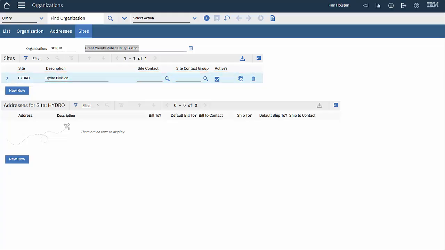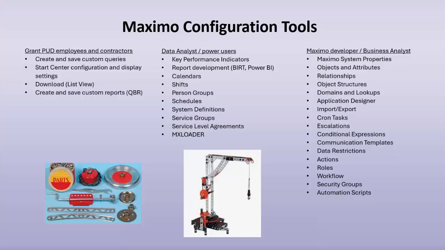Knowing that we're a single organization, single site Maximo implementation is important for Maximo administrators because that knowledge helps you make configuration changes using these configuration tools to meet business requirements within the boundaries of single org, single site. I think that pretty much covers the Maximo system properties. Of course, there's a lot more in there that I didn't show you, but let's move on to objects and